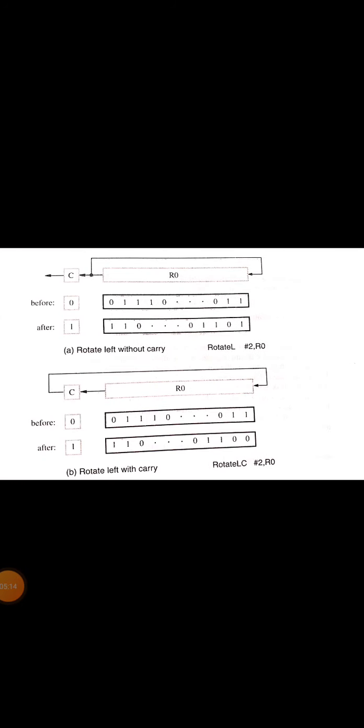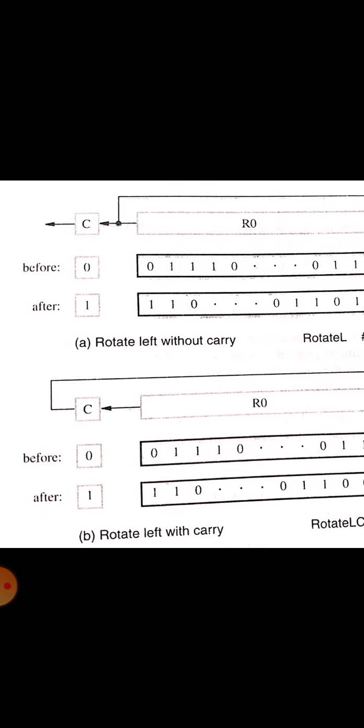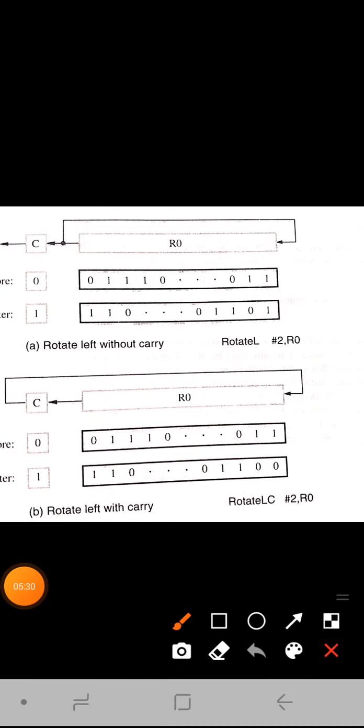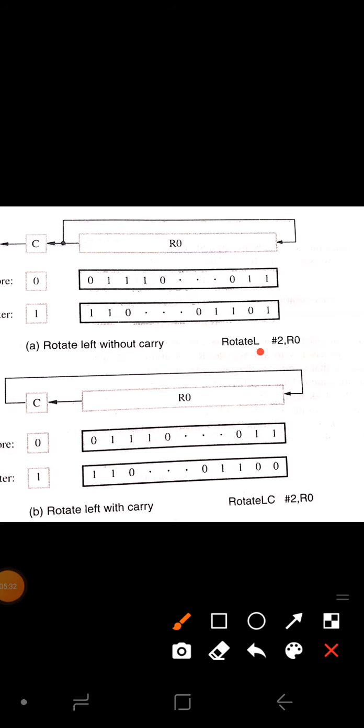Let's move on to rotate operations. So here there are two kinds: one is rotating left and the other is rotating right. Again, we have rotating left with carry and without carry, and rotating right with carry and without carry. So this is the first case we will take, rotate left without carry. So now L is saying that you have to rotate it to the left, and this is saying how many times we have to rotate, and this is the condition we have taken, without carry. So this is the information which is present, and initially the carry flag will be 0.